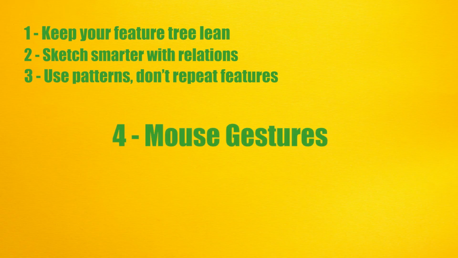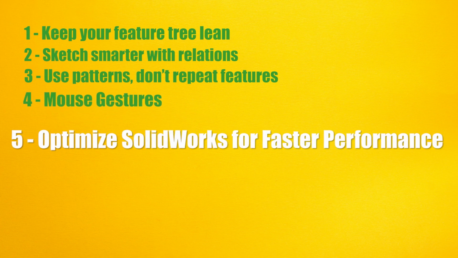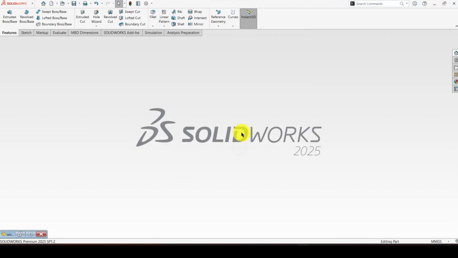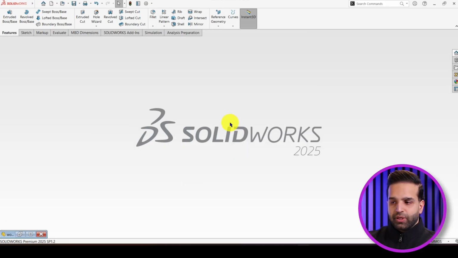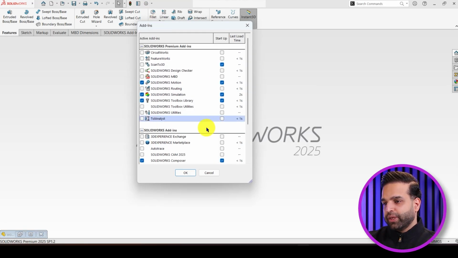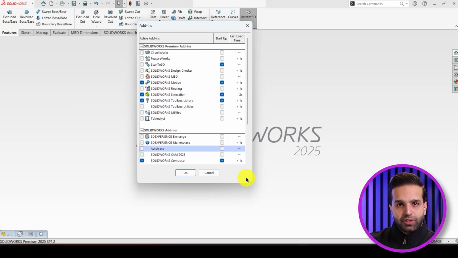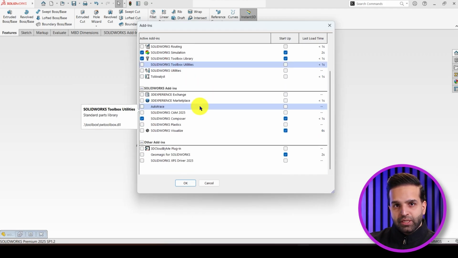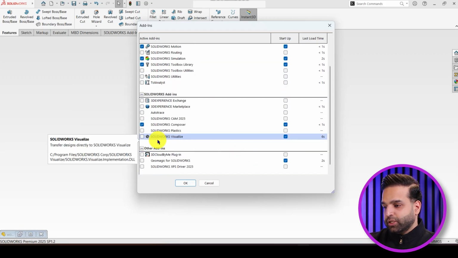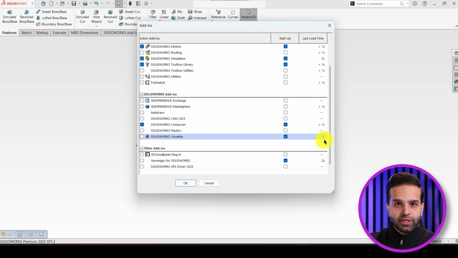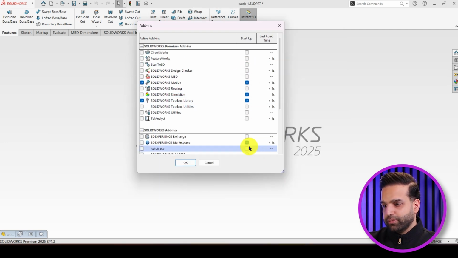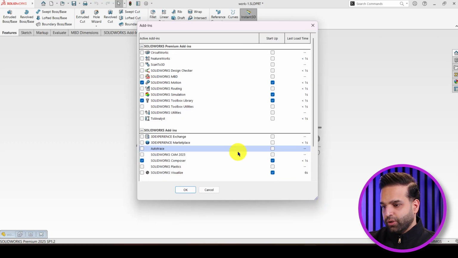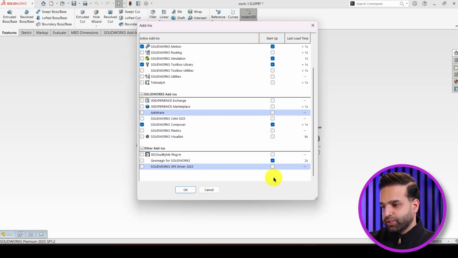The last tip isn't about modeling techniques, it's about making SolidWorks itself work faster for you. By adjusting a few options and add-ins, you can noticeably improve the rebuild time, graphics performance, and overall responsiveness. Let me show you a few settings I always adjust on a fresh SolidWorks installation. Before everything, go to add-ins and disable the modules you don't use. Every enabled add-in loads when SolidWorks starts, and unnecessary add-ins don't just slow startup, they also affect the overall performance and the responsiveness. For example, the last time SolidWorks Visualize loaded, it took almost 6 seconds. I personally don't use Scan to 3D, 3D Experience, SolidWorks Visualize, and Geomagic for SolidWorks, so I disable